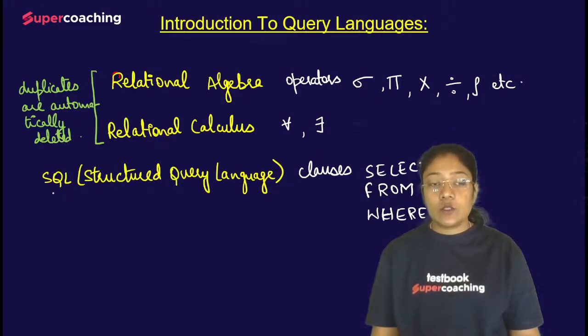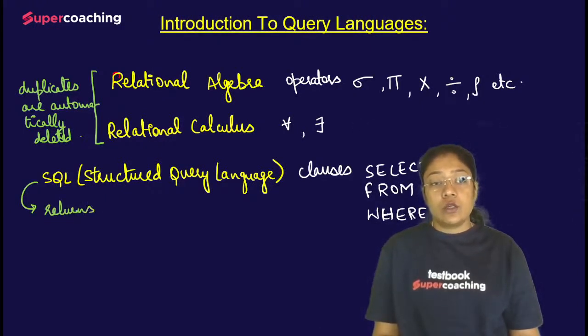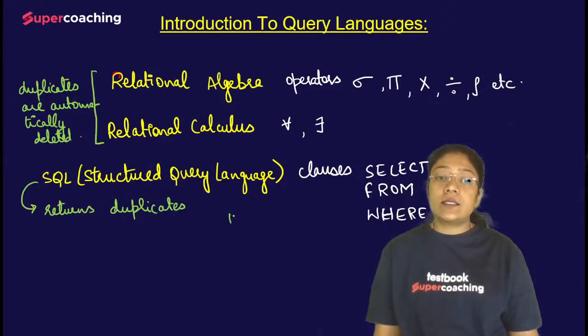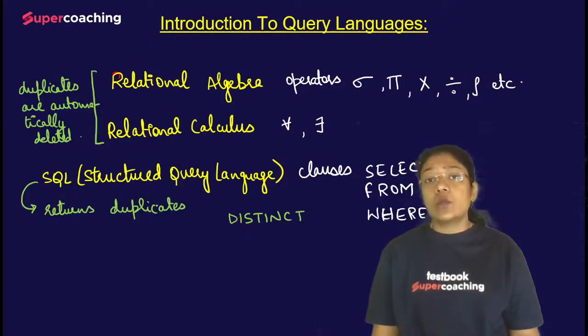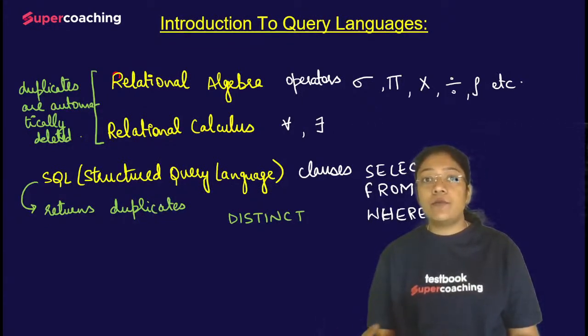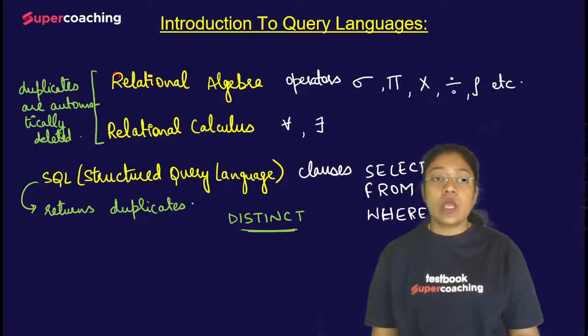Whereas in case of SQL, a query always returns the duplicate values. If duplicate results are coming, it returns the duplicates. If we only want distinct values, if we don't want the duplicates, then we have a clause, the distinct clause. For example, if I want to get different names, I'll write select distinct name from whichever table you are executing the query on. So this is the clause used to get the distinct values, whereas in relational algebra and relational calculus, by default